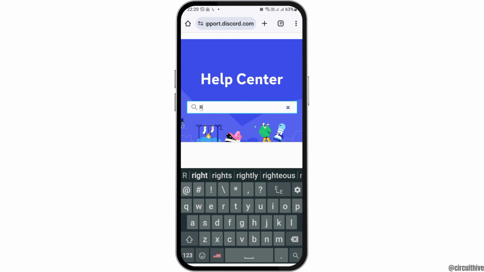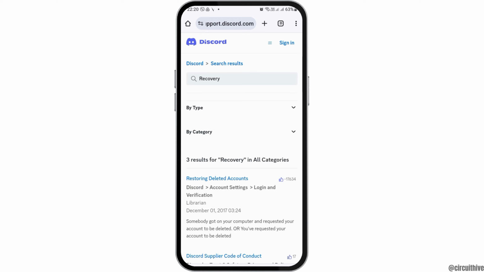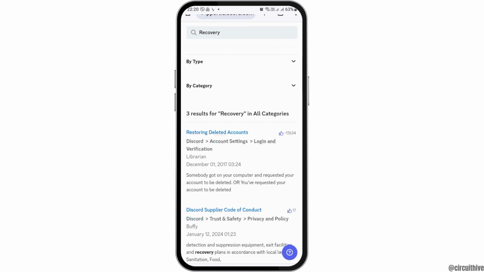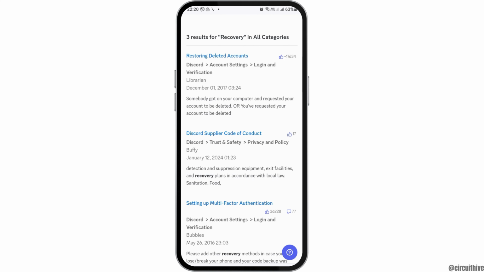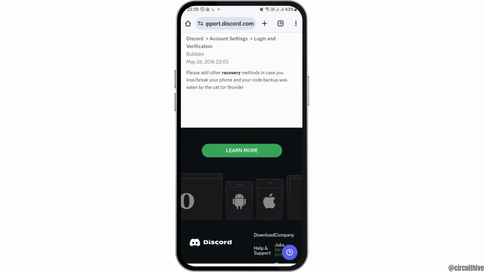And after you search the option of recovery, now it will take you to an interface like this. Now you have to search it once again, and after that, you can see the various kinds of options like this. Now you can follow all of those steps by just seeing all of those articles, and your problem will